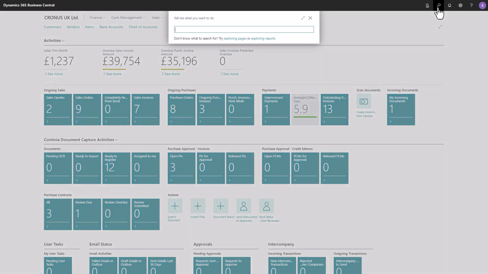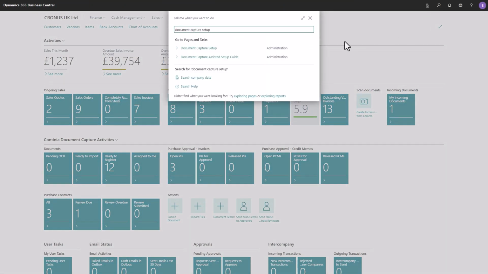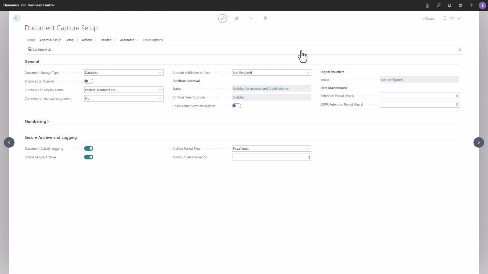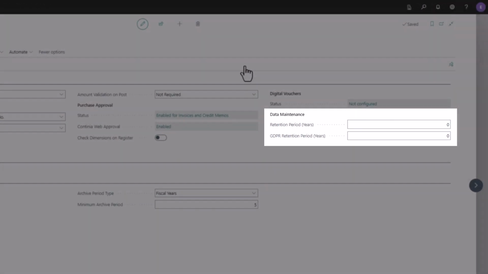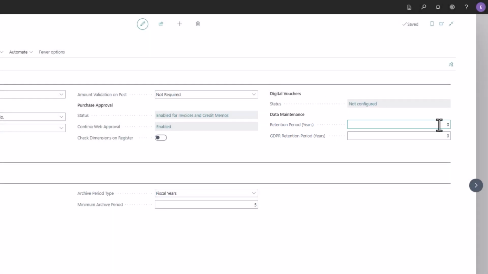To set it up, simply go to the Document Capture Setup page, where you'll find a new section called Data Maintenance. In the Retention Period field, you specify the retention period for captured words and generated values. And in the GDPR field, you specify the retention period for personal data and documents as required by relevant bookkeeping